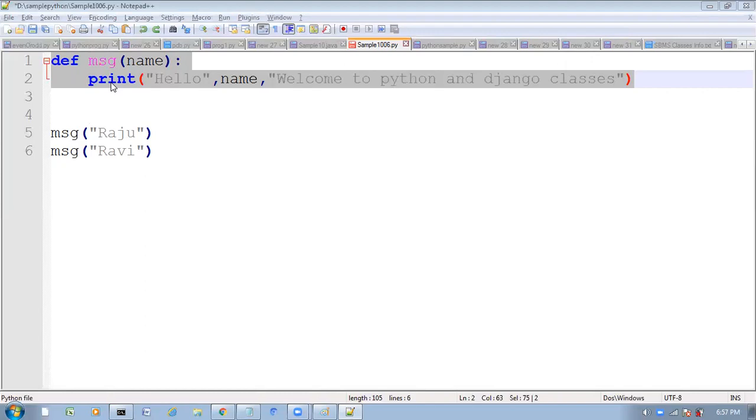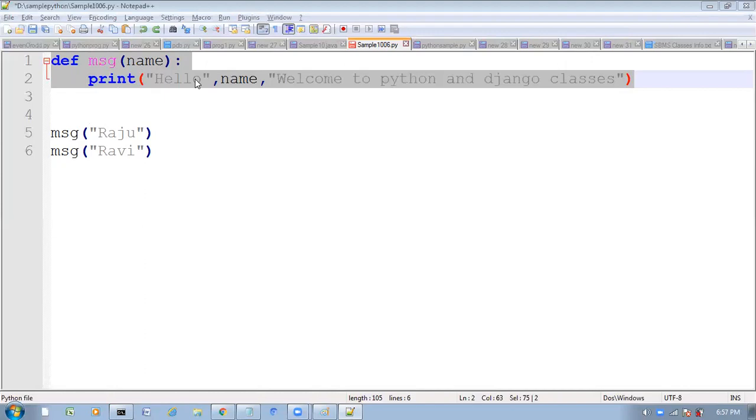Think of a girl who went inside a beauty parlor. They apply some makeup on the face, but they are not removing anything and not modifying anything existing; right on top of that they make some changes. Here also, I'm going to extend this functionality without touching this function. I don't want to touch this function. Then how can we do that?